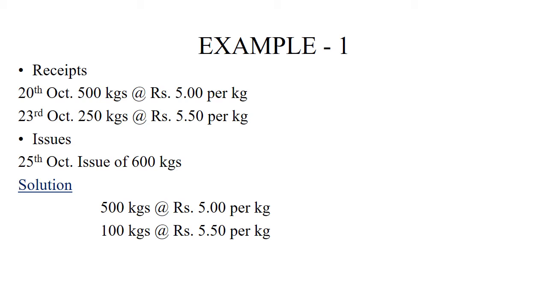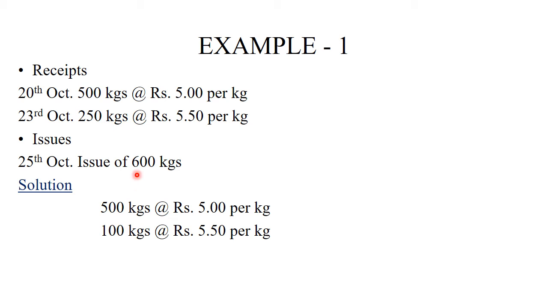As per the FIFO method, first we will take the stock which was received first. That is on 20th October we have received 500 kilograms. So the entire 500 kilograms is required to fulfill the issue of 600 kilograms. So 500 kilograms will be used,